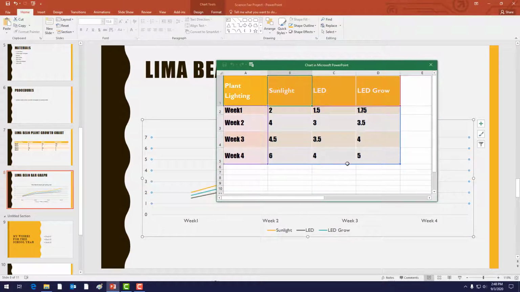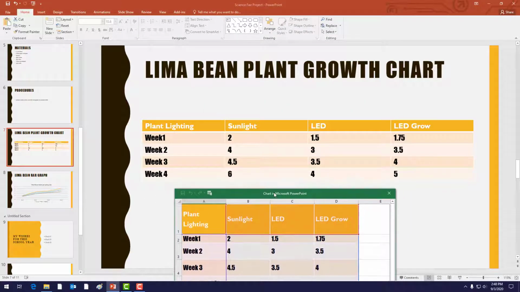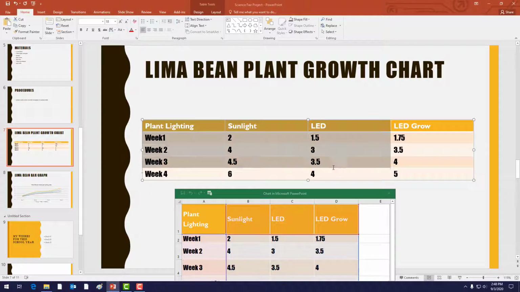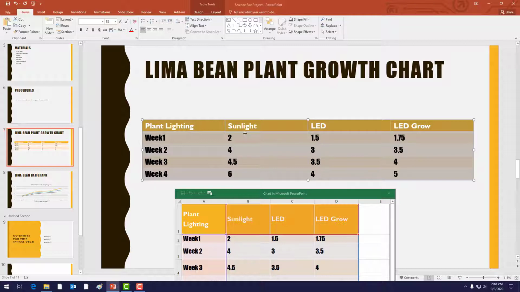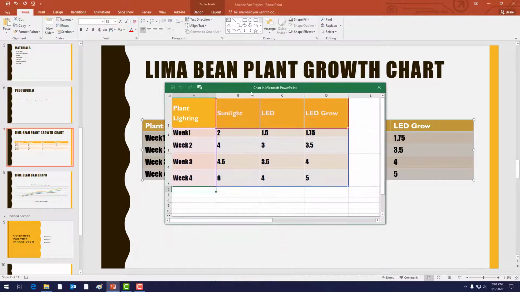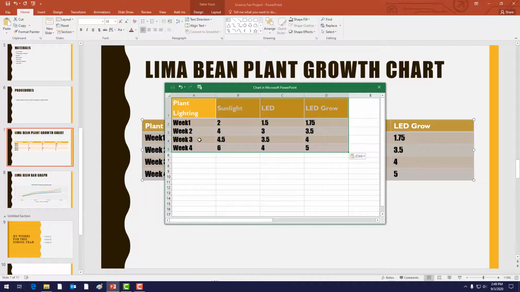I know I had already entered all this information on the previous slide, slide 7 here, and I don't want to have to enter it again. So what I did is I highlighted the relevant information. You can do right click copy, or you can use Control-C on your keyboard. And then I highlighted this, and then you could do right click, paste, but you'll notice that I highlighted